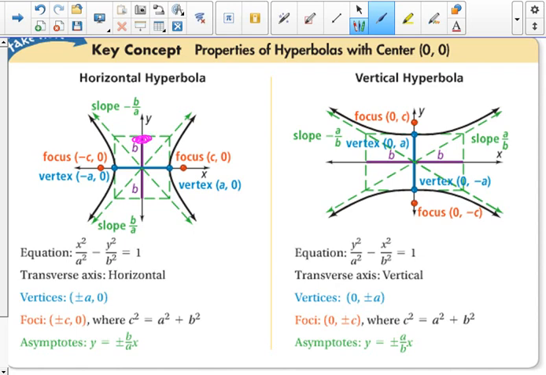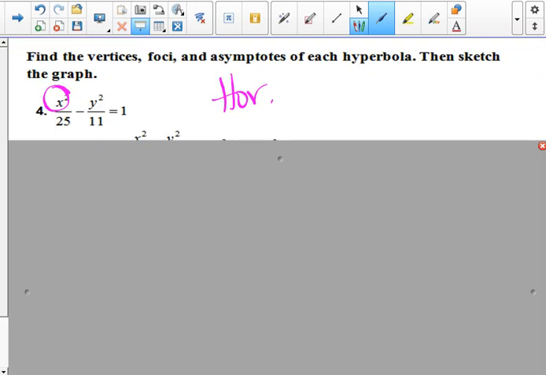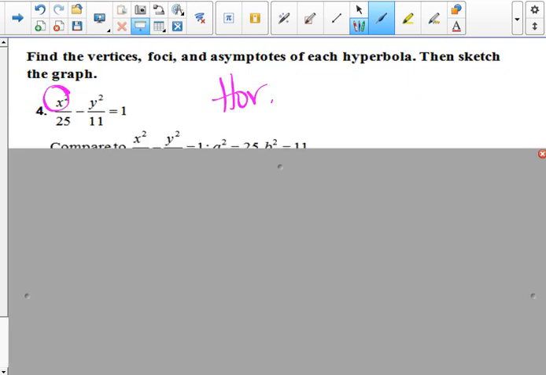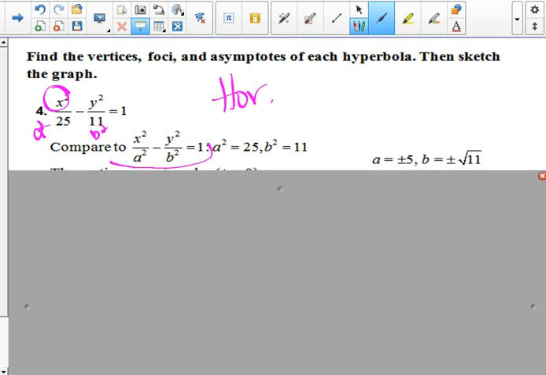And then what is my B? It's going to give us that other axis that's perpendicular. And then the C gives us our foci. So A is the vertex. So this is going to be my A squared. This is going to be my B squared, right? That's just what I did right there. X squared over A squared minus Y squared over B squared. So that means that A is equal to